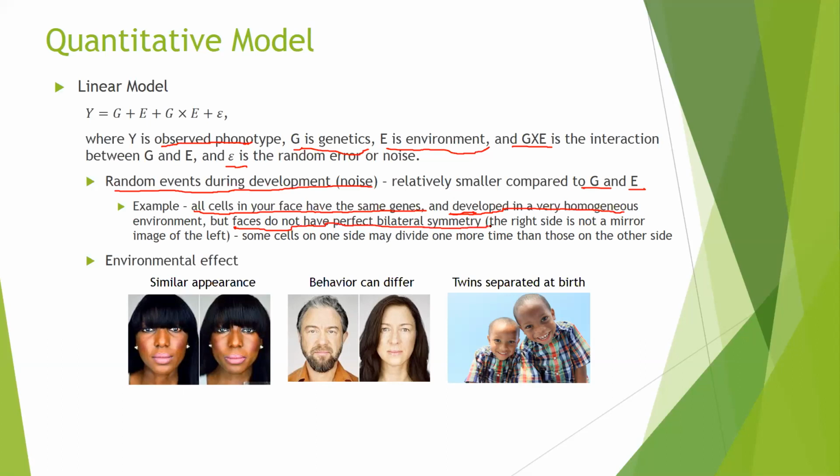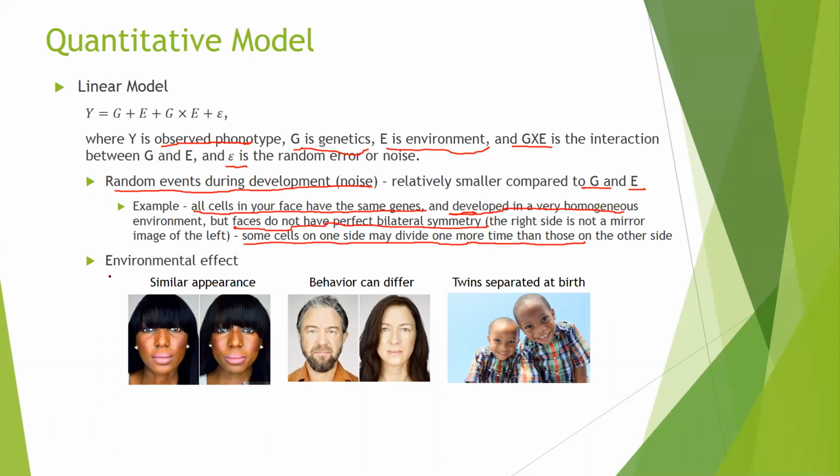Which means your right face is not exactly the mirror image of the left. This is because some cells on one side of your face divided probably one more time than the cells on the other side. So this is called the random effects. But the influence from the random events is relatively smaller compared to the genetic effects